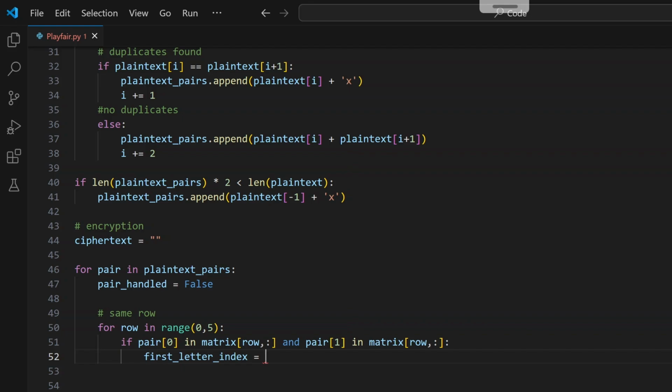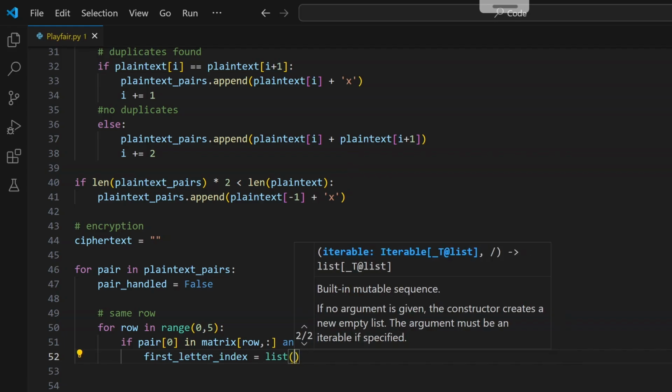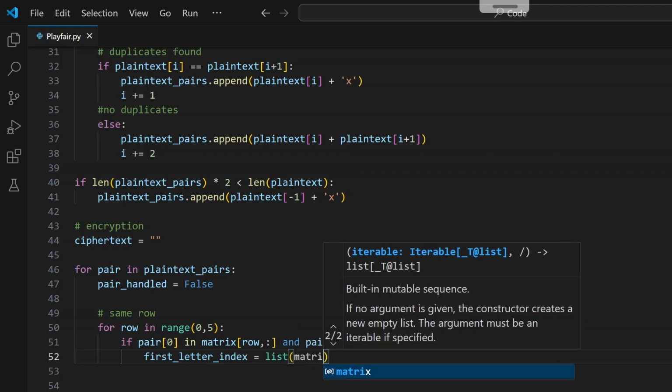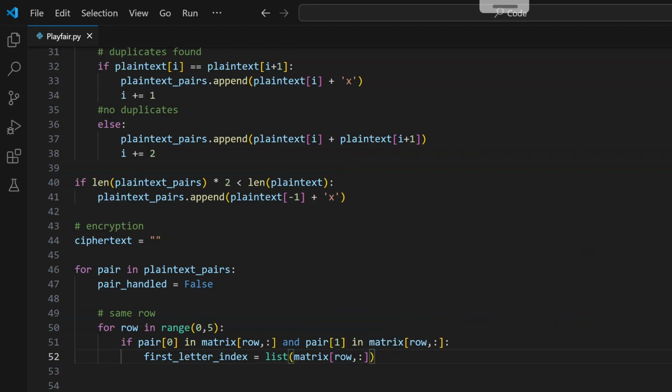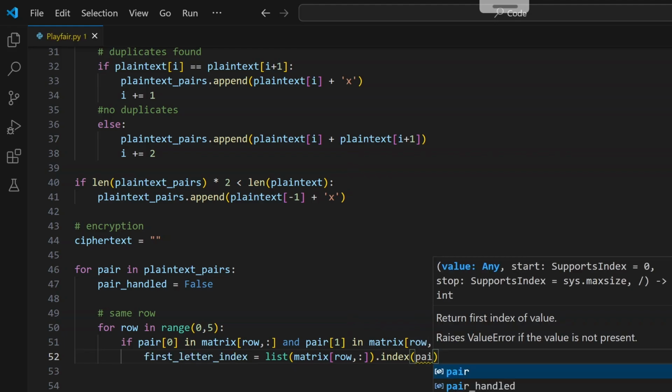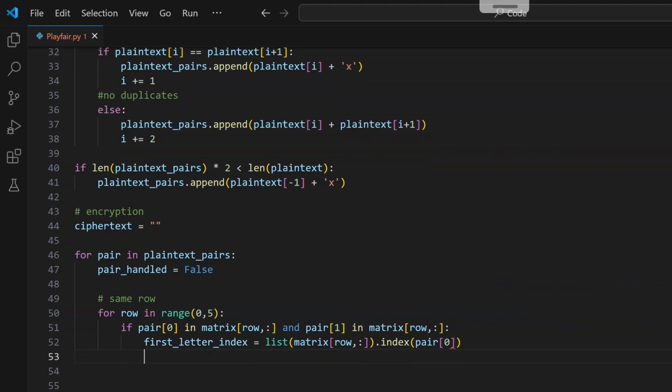So it will be a list, and then from that we can go to the right in that list. Okay, so that's another way of explaining it. So matrix in the current row, we're making the current row a list, and we want to find the placement of the first letter, and we're going to do the same for the second letter. So second letter index,